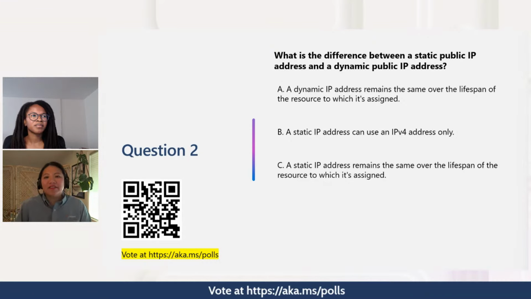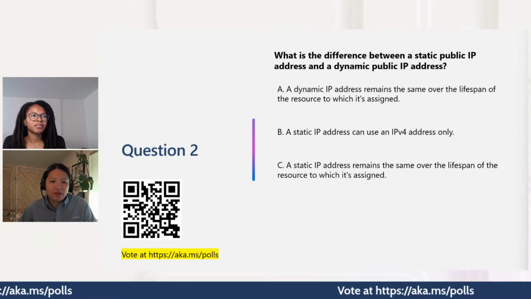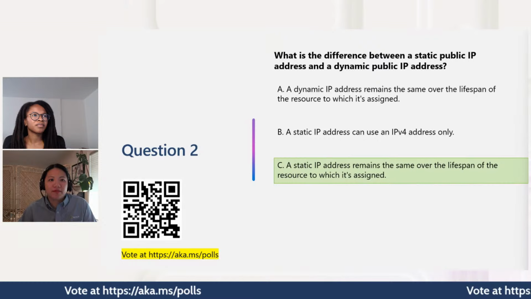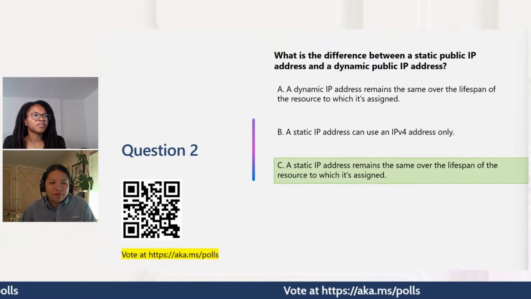So yeah, thank you everyone for participating. So I'm going to reveal the answer now. And I think we had about 90% of our votes select C. So the difference between a static public IP address and a dynamic public IP address: a static IP